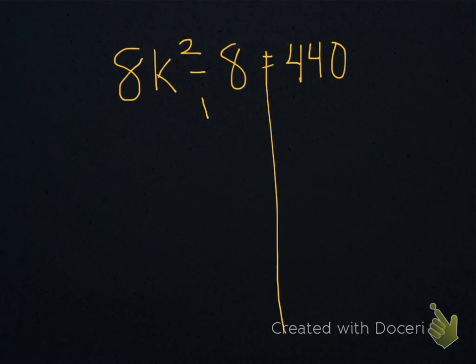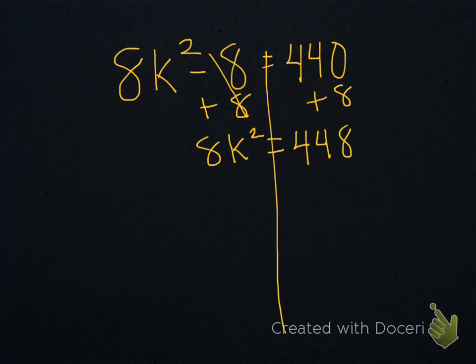So let's go ahead and do what we do, right? Add 8 to both sides. Just follow the process. That would be 448. And that's 8k squared. We've got to divide both sides by 8. So we've got to go off to the calculator. I could do this old school, but if you'll forgive me, I'm just going to hit my trusted calculator, and I am typing 448 divided by 8. Enter. 56. I got a 56